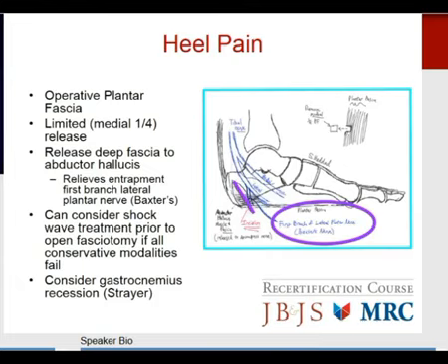In addition, we can consider operative intervention in these patients, but before doing so, we may consider shockwave treatment to treat plantar fasciitis. Success rate's only about 50% or so, but it may have some value in preventing you getting to this operative stage. In the older days, we used to cut the entire plantar fascia. Now we recognize that causes a significant flat foot deformity, so in this day and age, we instead remove only